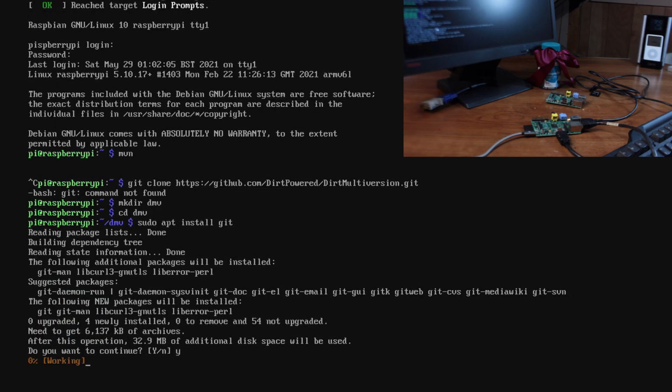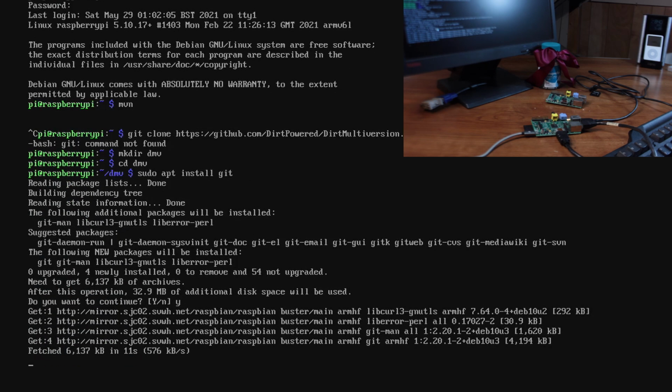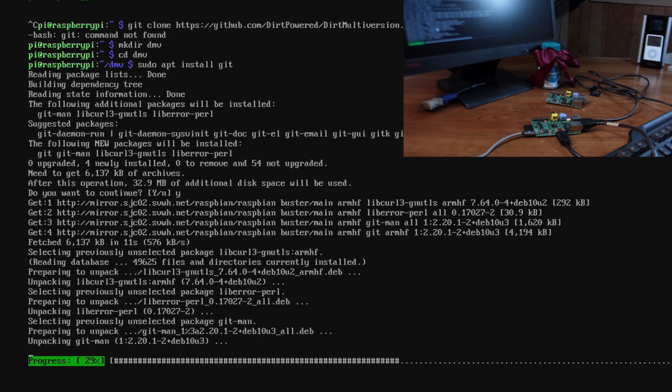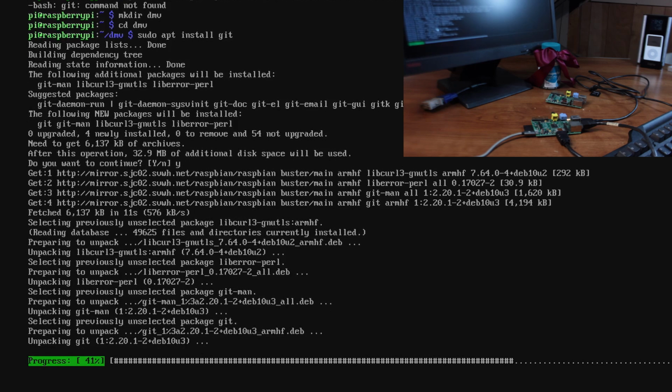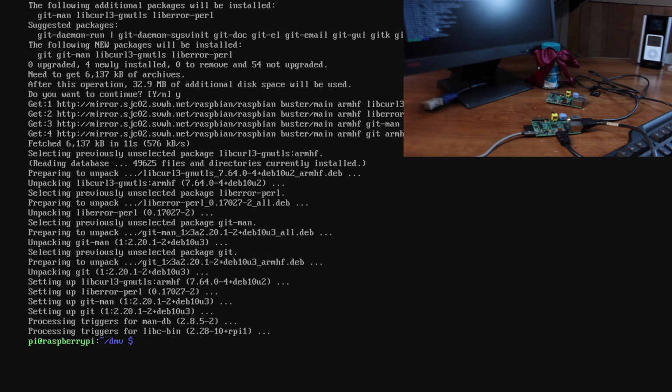Okay, so this shouldn't take that long, right? Going at 0.5 MB a second. Slow. Oh, okay, so it's not as bad as installing Java. That was a long time. A very long time. And now that we have Git installed, now that I'm in DMV, I can clone